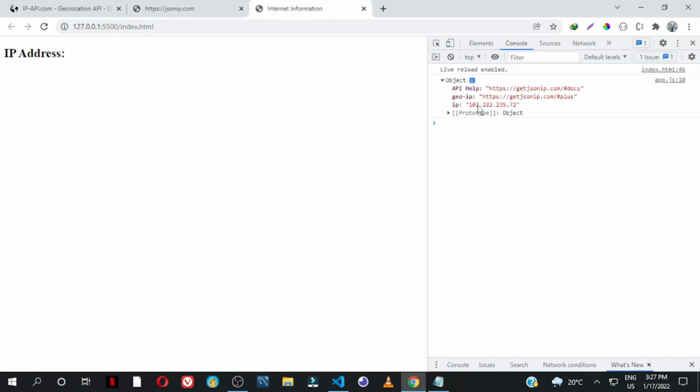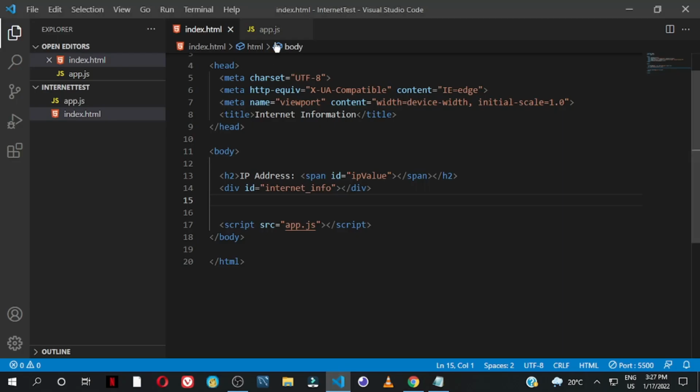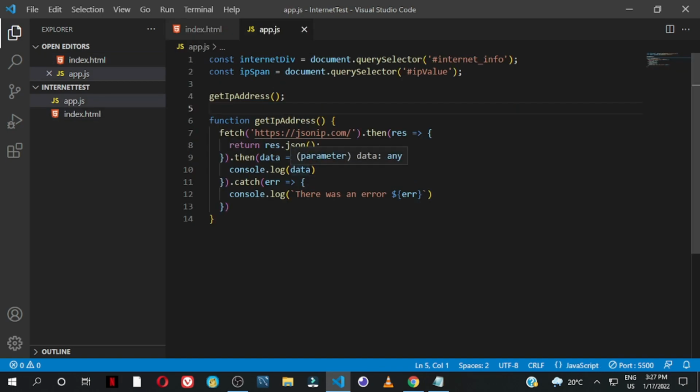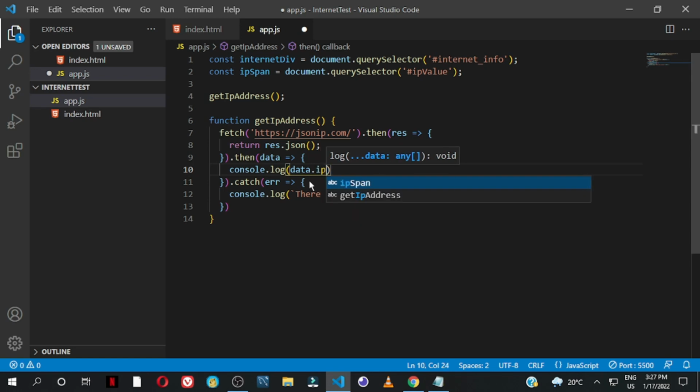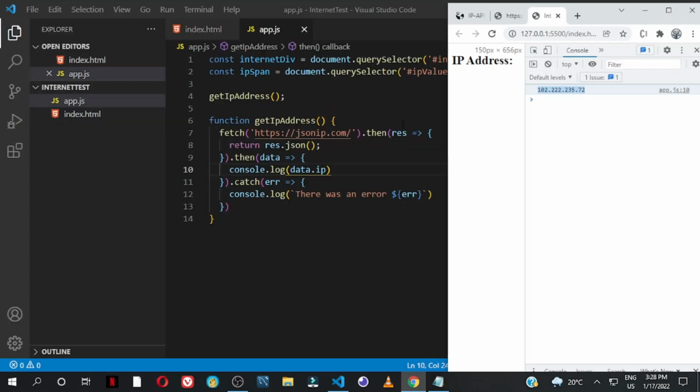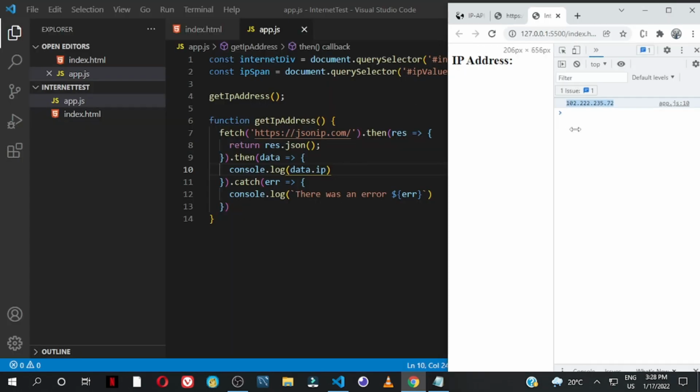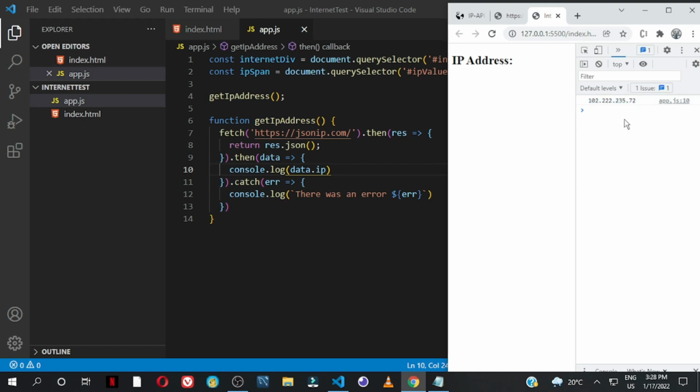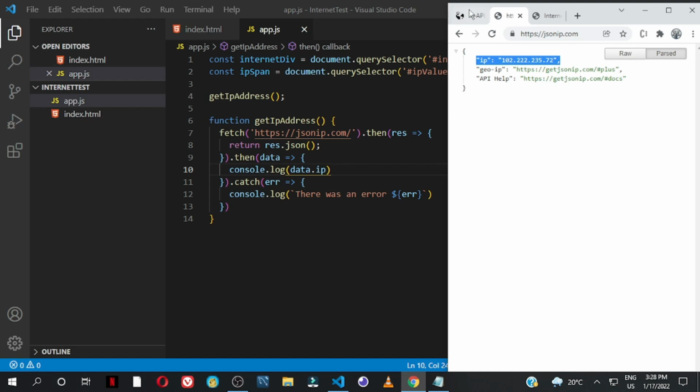So right now we have access to this IP address. So here in our JavaScript, you can say data.ip, and you'll see they give us back that public IP address. Let me put it side by side. Since we have access to this, now it's a great way to start working on our